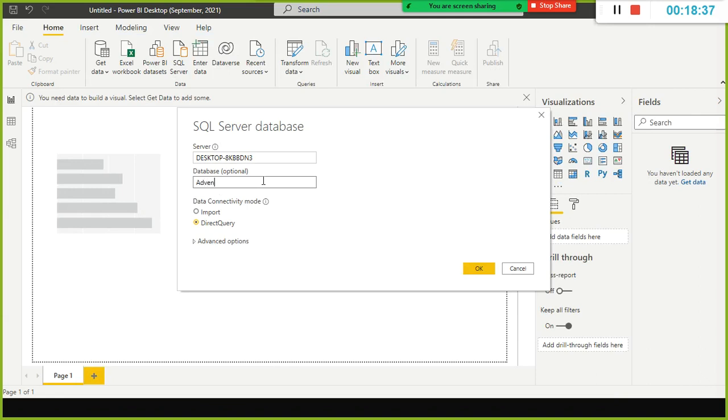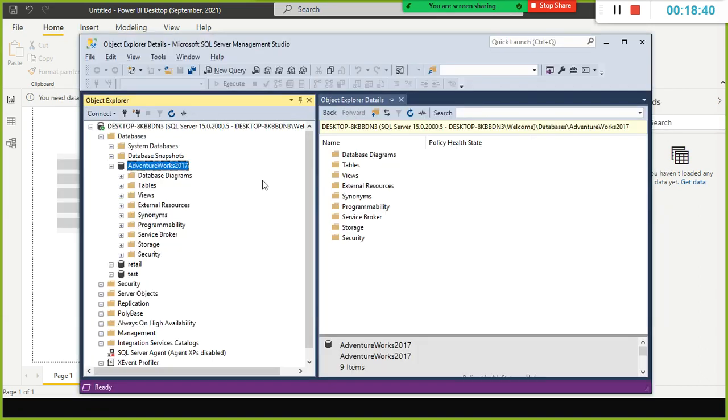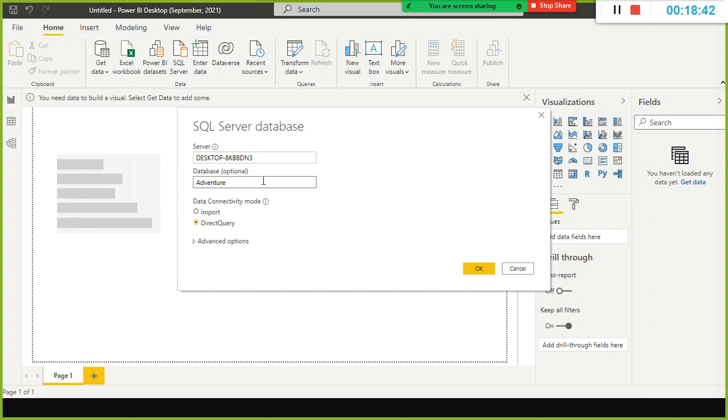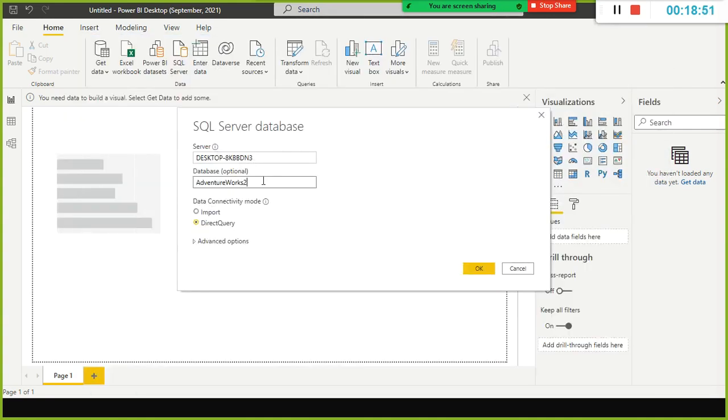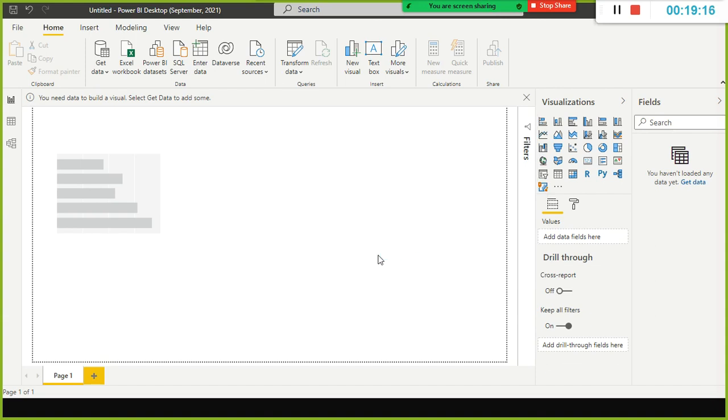So what I do is AdventureWorks, make sure that you are following the proper case. When it comes to RDBMS, you don't have to worry about case sensitivity and all. So here you have two options. First of all, let us do one thing. Since we are connecting the database, it should be this one, direct query. So here I am going to just do a connection. I just clicked OK.